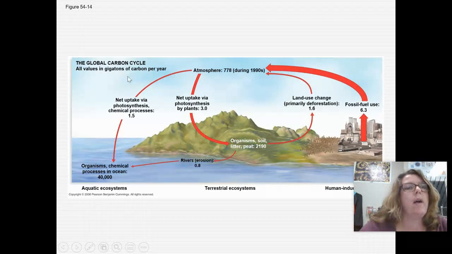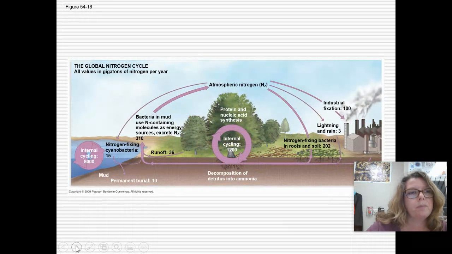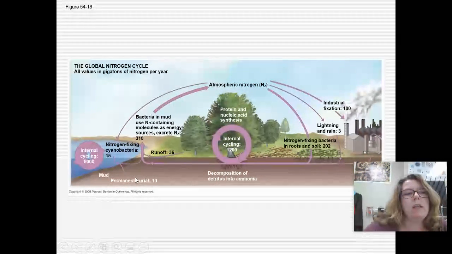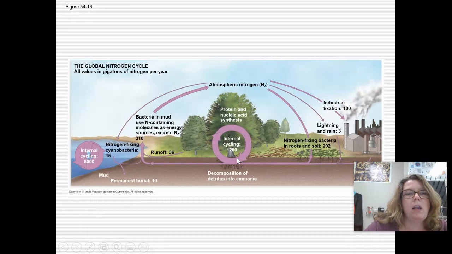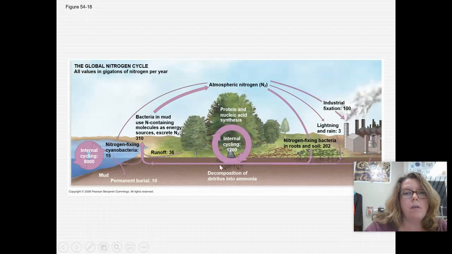And then, of course, you have the ocean taking up the carbon. Okay, so all of those things move carbon. You have ice melt, other things that also move carbon into the atmosphere. All right, here's the nitrogen cycle. This one is a bit more complicated, and again, this is a simplified cycle, and I like that it's simplified. You're not seeing necessarily all of the bacteria that are involved in the movement of carbon, but you do have